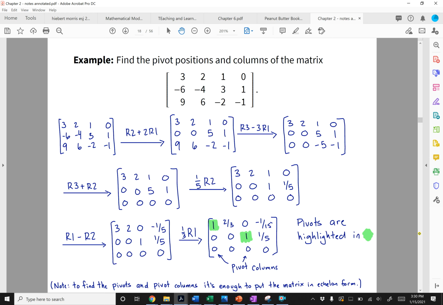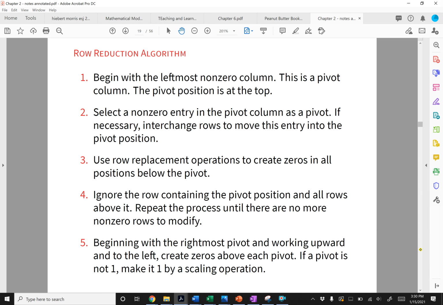So this walks through using the entries, and there is a strategy. In fact, the strategy is down one more page right here. So we're going to start with the upper left. We're going to start up here, and then we're going to use that leading entry to get the ones below it 0. And then we're going to go to the leading entry in the next row, and then you get the one below it 0, and then we're going to get the leading entry in the next column. If it's our last one, we use that leading entry, and then we use it to get the zeros above it,